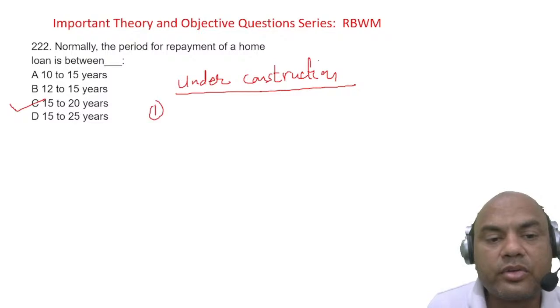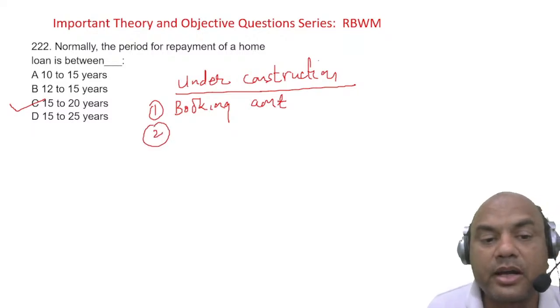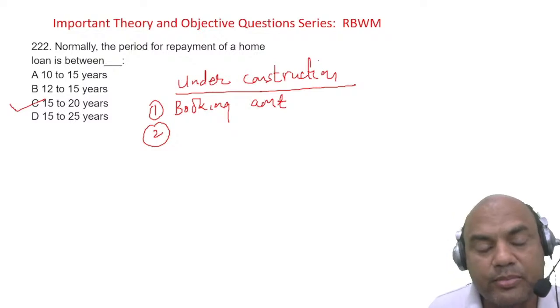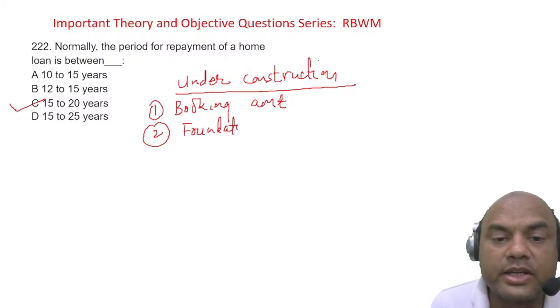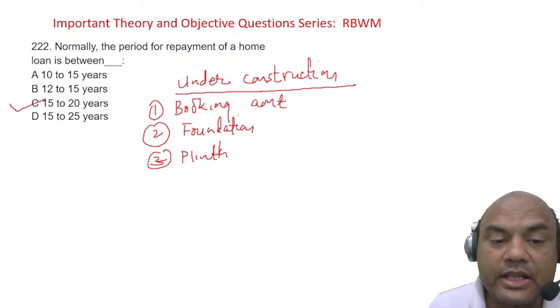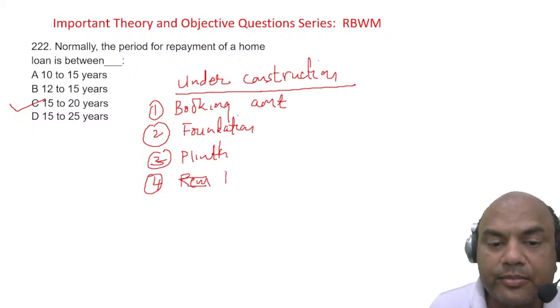First, whenever you buy, you give some booking amount, then there is foundation, right? Then the builder does that foundation and all the basic works, right? So you have foundation, then after foundation you have first plinth, right? Then you have plinth level, then first slab, right? Remember this? How many of you have bought a new flat? What is this? First slab, then second slab, and so on.